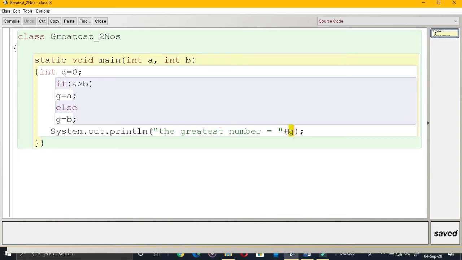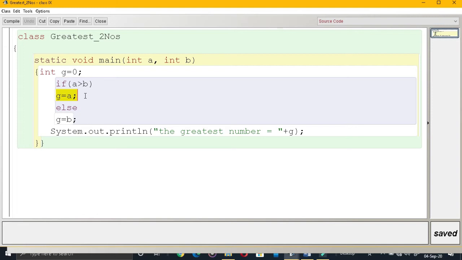Now consider another example. Suppose I am giving here A as 45 and B as 15. Then G I have initialized to 0. A greater than B means 45 greater than B. Yes, it's true. This expression will evaluate true value. True means this particular statement will be executed. That means in G the value of A will be stored.